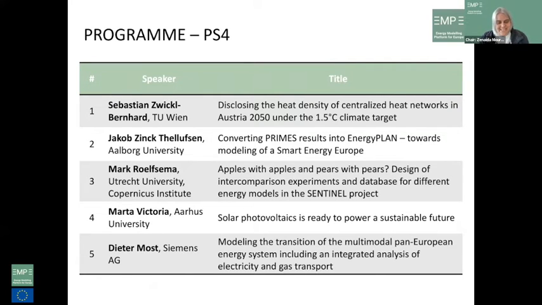This is going to be really exciting, I think, also because so many different countries are considering quite a bit of an expansion, of course, in renewable power, both centralized and decentralized. So we'll be really looking forward to hearing from her. And we close with Dieter from Siemens, and he'll be talking about the integration of basically electricity and gas transport. So it'll be really nice to see this multi-vector integration and what they have been modeling and what results